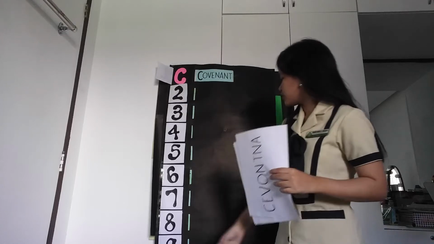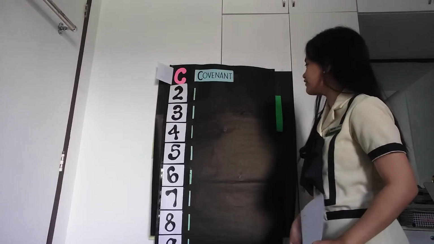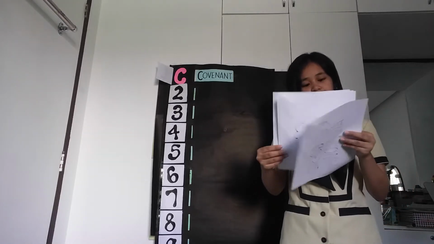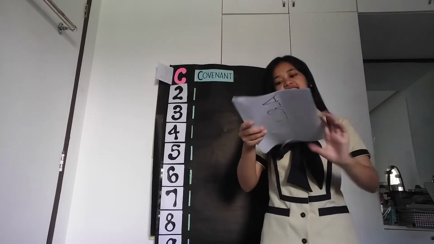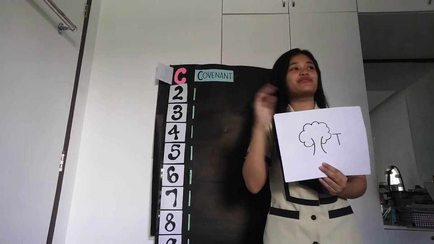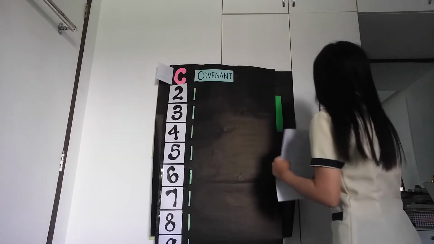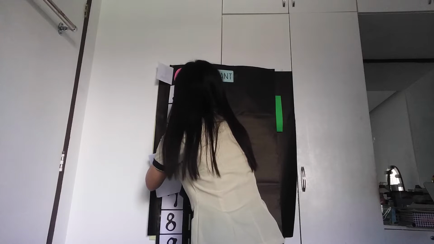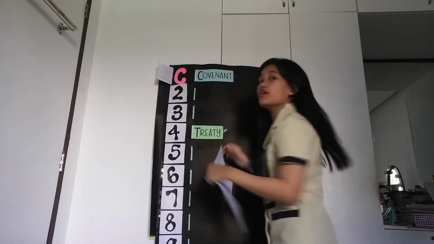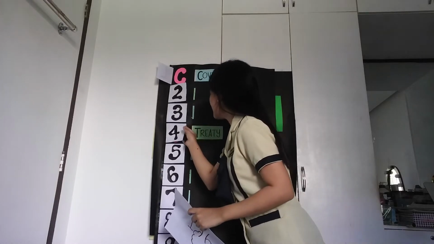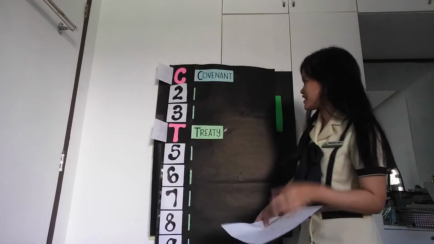But can someone give me another letter? Yes, Neil. Okay, so we have number 4. Here we have this little image. Can someone guess what this image represents? Okay, Joyce? Treaty. That's right. Treaty. And that gives us our 4th letter, which is letter T. Of course, it's letter T. Okay, I guess we can still guess what the mystery word is.